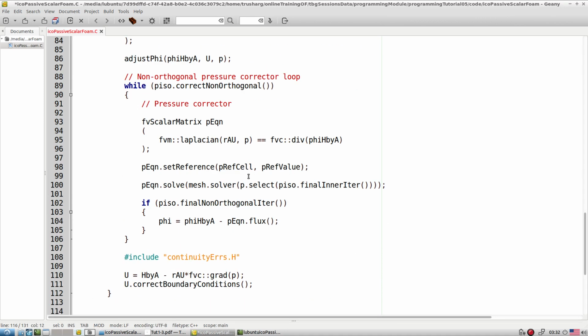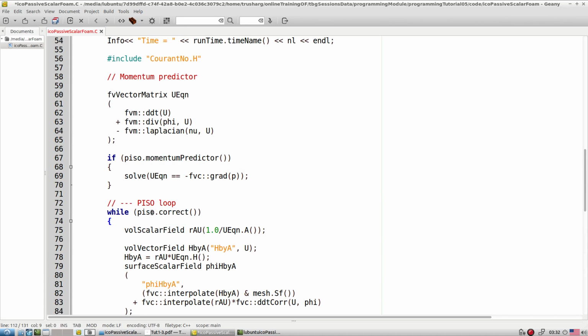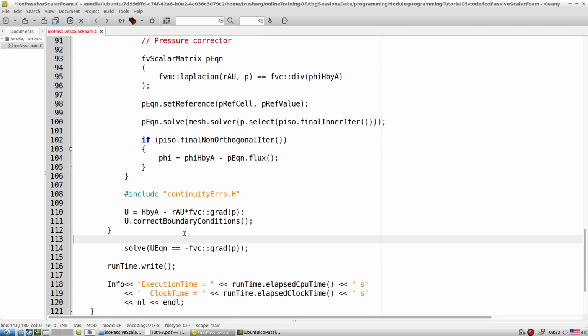Why here? Please understand, this belongs to the PISO loop. Normally whatever scalar we want to transport, it's after the pressure correction iteration is over. So this is the predictor step and this is the corrector step. So it's supposed to be after the correction step. That's why I am writing here.